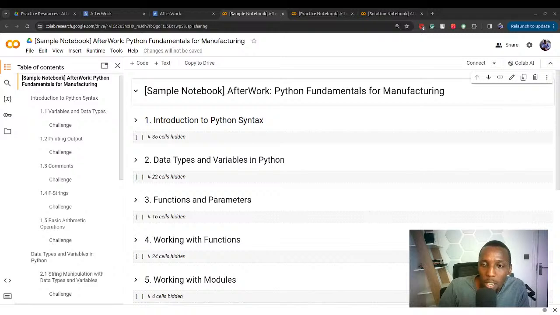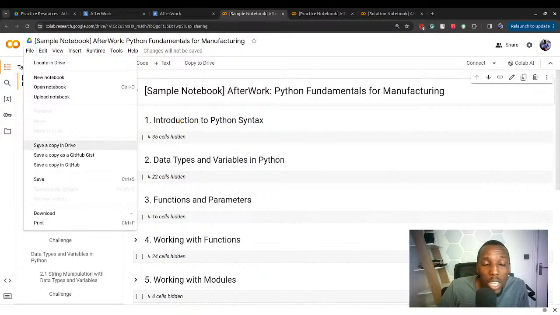So, our focus really is just the learning outcomes. We won't really focus on installation or troubleshooting of that software. So let's not focus so much on that, but let's follow through with the resource that we have. Once you've gotten to this page, just click on File, then Save a Copy in Drive, to save this